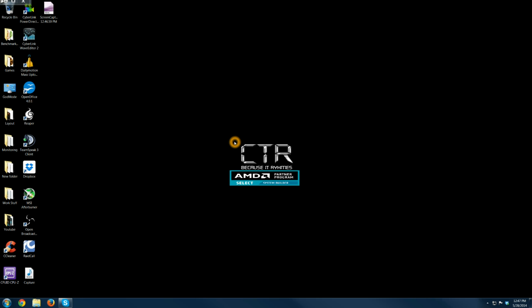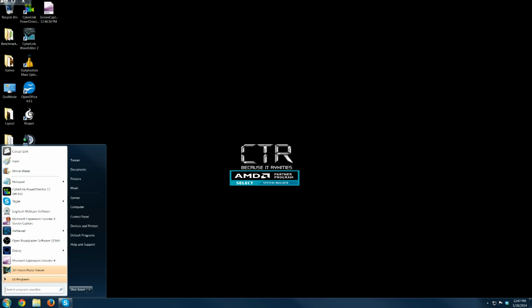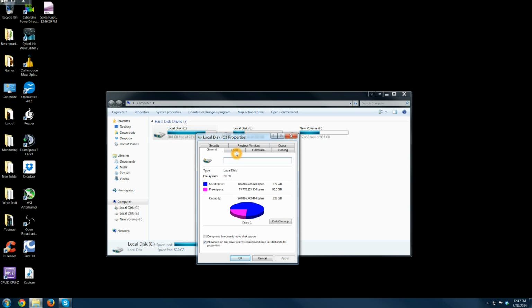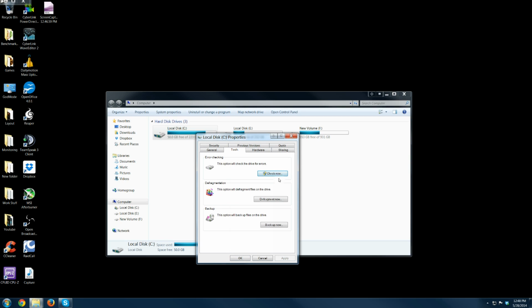If not, make sure your SATA and power cables are connected just fine. If you adjust around the computer a little bit, they might have come disconnected. Now, if the drive shows up, then you can run check disk on it by going to your computer. Say this was the drive that disappeared. You right click, go to properties, you go to tools, and you go to check now, and that will automatically check the drive for errors